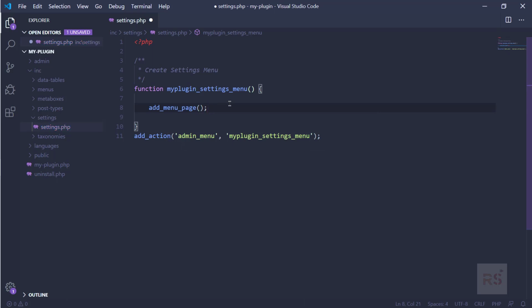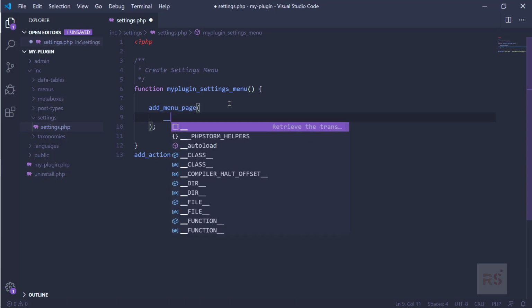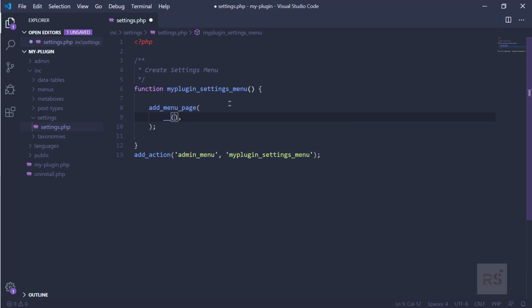We need to pass some parameters here, and the first parameter is the title of the page. The title should be my plugin settings, and then our text domain name,